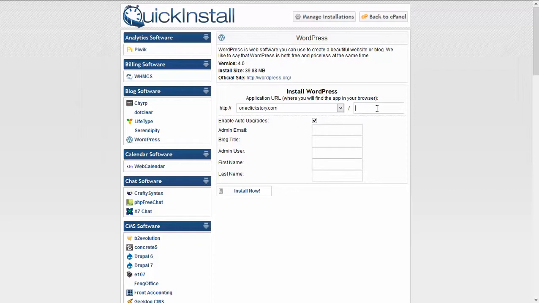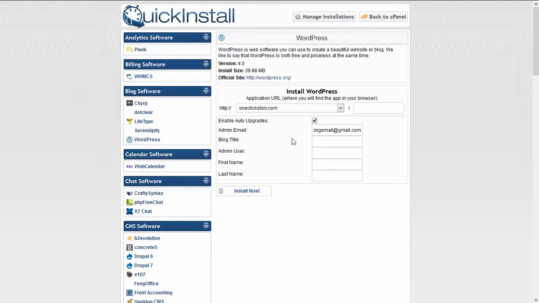If you want to install WordPress within a folder inside the domain, then you can use this, but right now just leave it blank. Then go to admin email. This email is really important, and it's better you used a working email, that is an email which you use regularly, because here you will be getting your user ID and password of this WordPress installation. So give it a nice email which you use regularly. Just don't give any junk email.